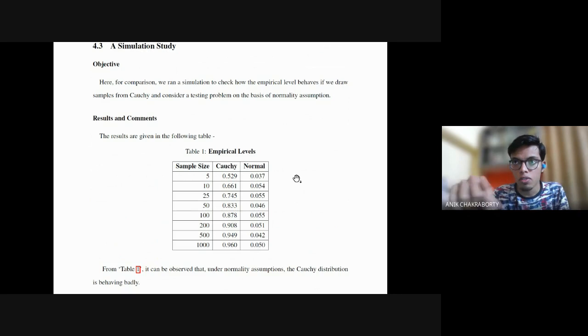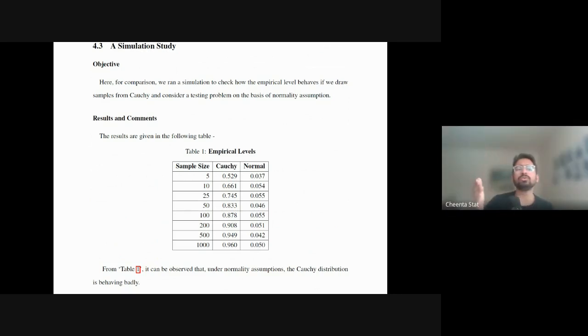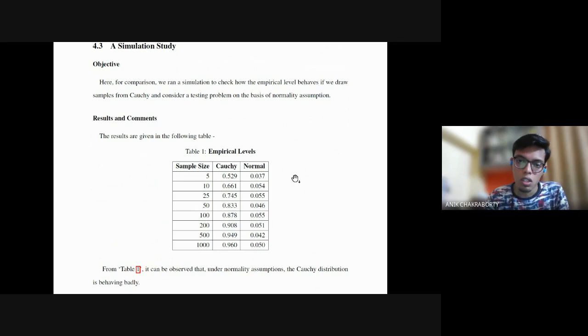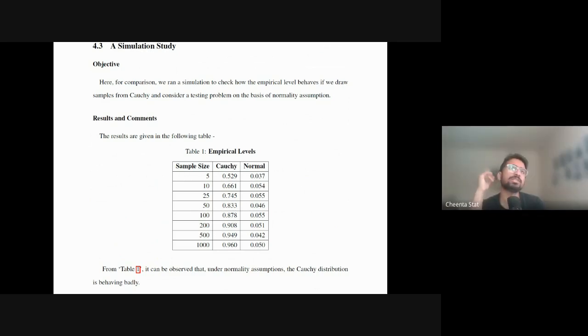Sample version of the chosen level of significance. So how much type 1 error are we allowing? But I'm not understanding the test. So personally, what I think, what my guess is that